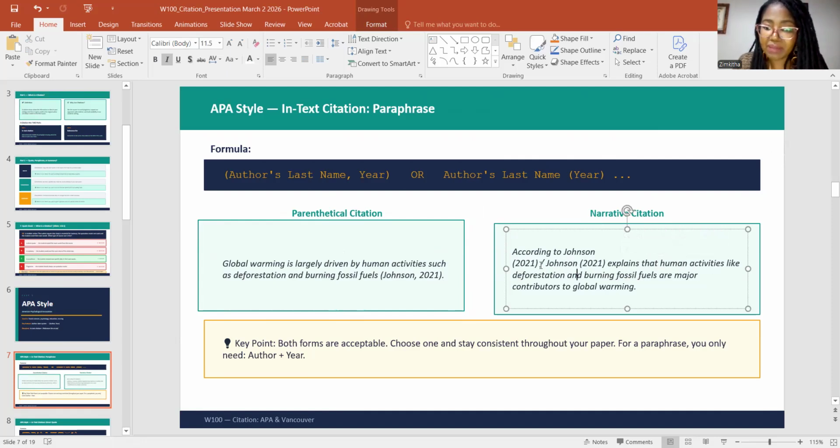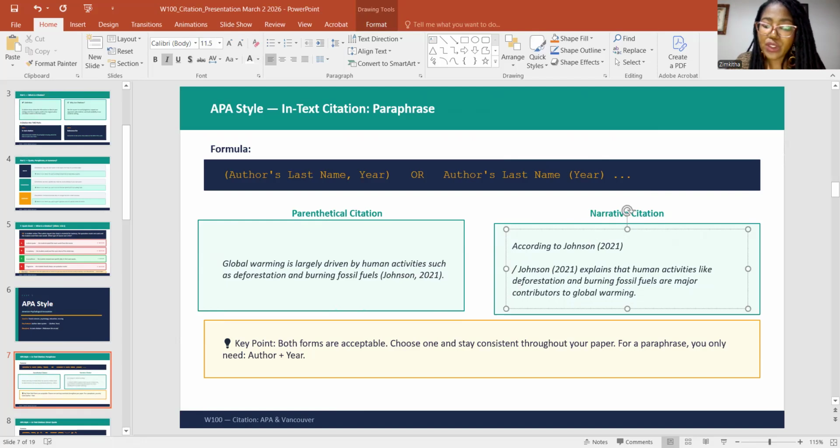In fact, let me write it better here so that you can see the difference, because the language changes a little bit. When you use according to Johnson, you don't say explains.